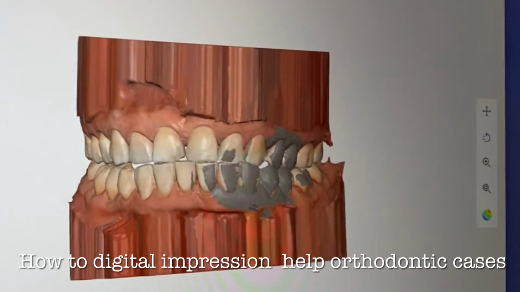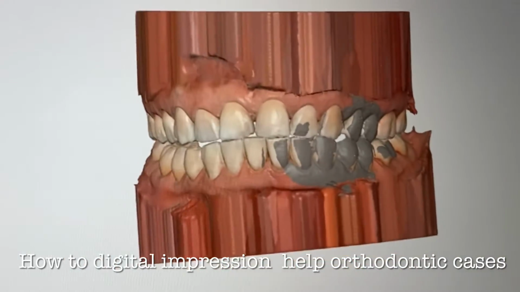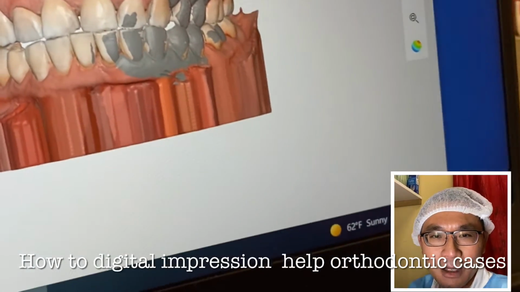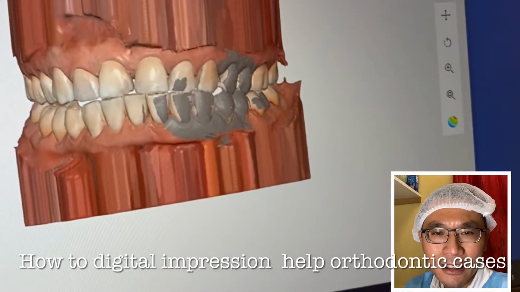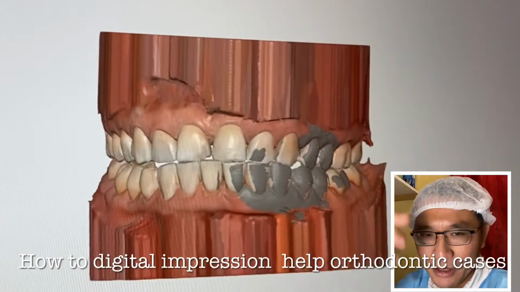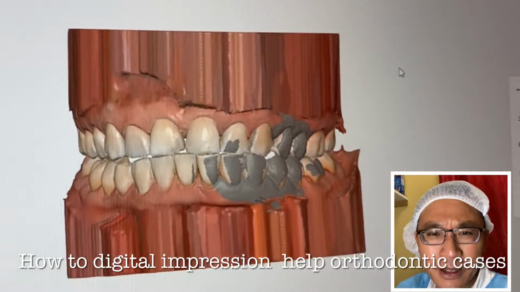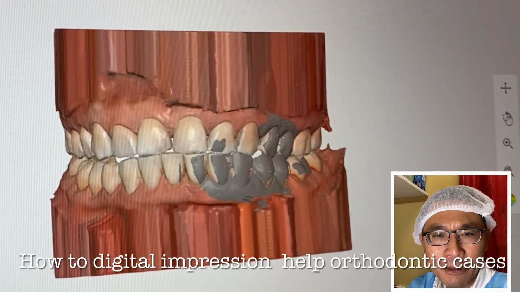Today I'm going to present to you how the Medit500 can help you present the treatment plan for an orthodontic patient. As you can see, here is the model I just bought. Sorry, I just scanned it, and as you can see,